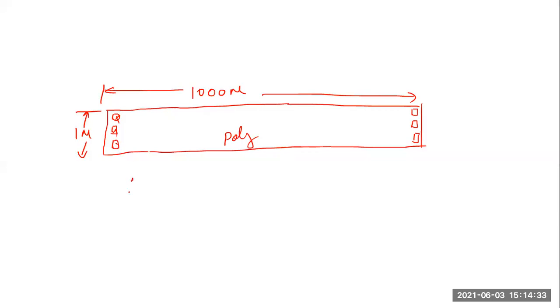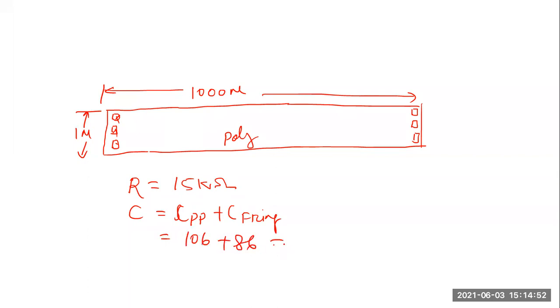So now you have calculated R is equal to 15 kilo ohm, and total C is equal to CPP plus C fringe. That is 106 plus 86, that is 192 femtofarad. Yes or no?